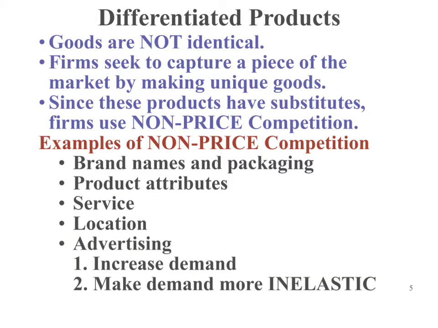One of the things about the way that monopolistic competition works is that they are really interested in producing goods that are going to compete with other goods because they are not identical. Monopolistic competitors produce differentiated products. And maybe one example that we're all really familiar with would be blue jeans.